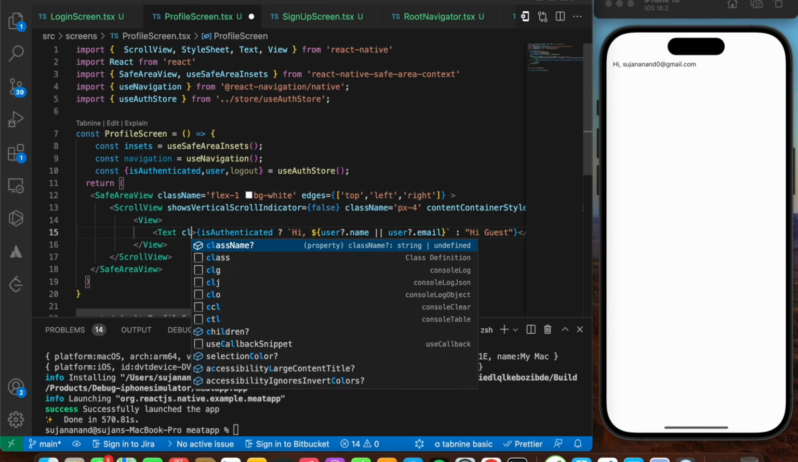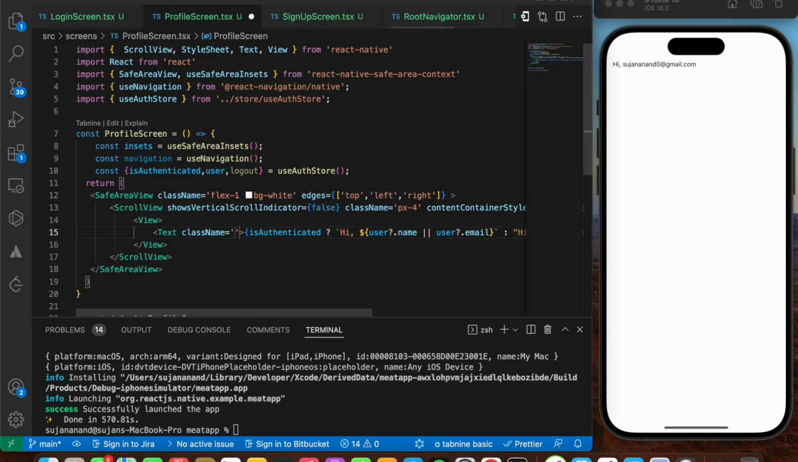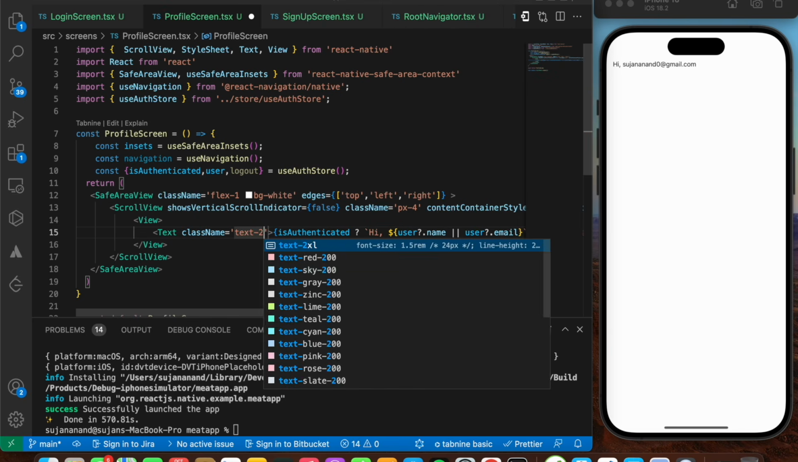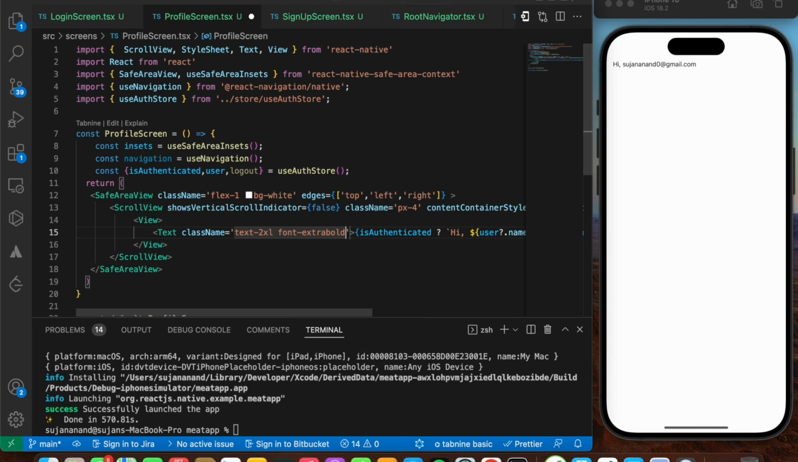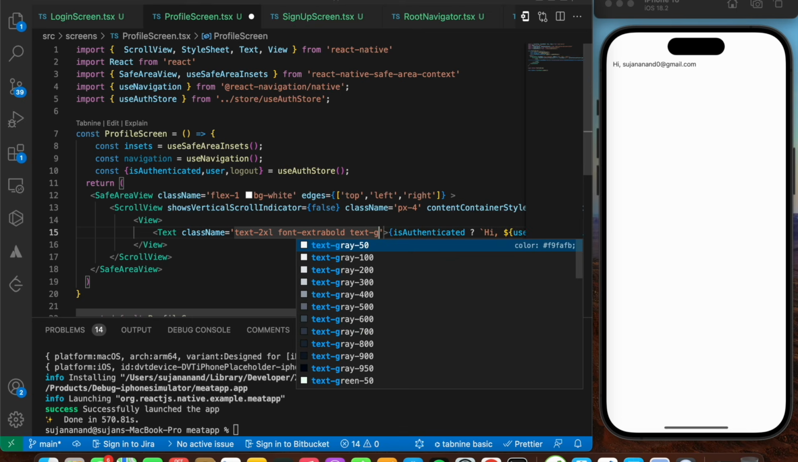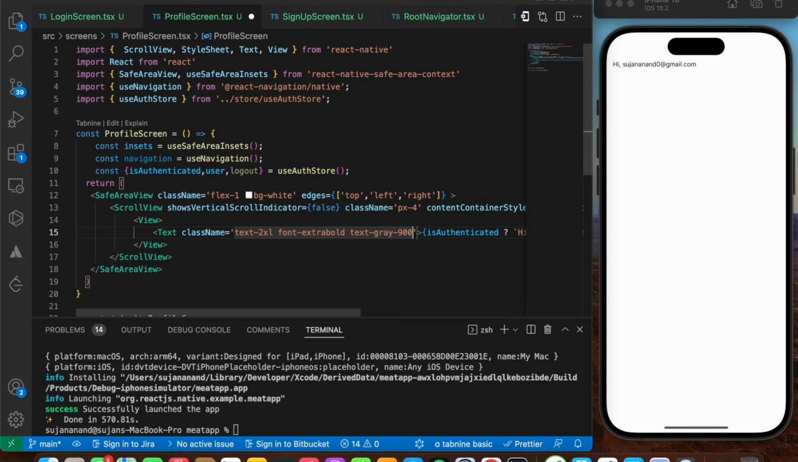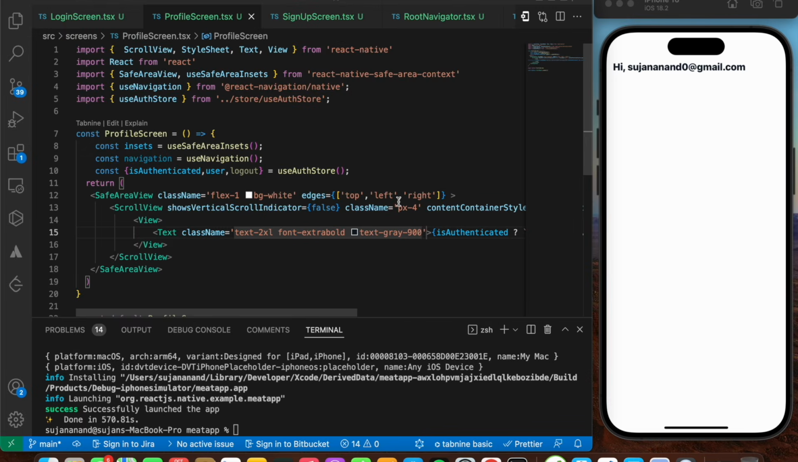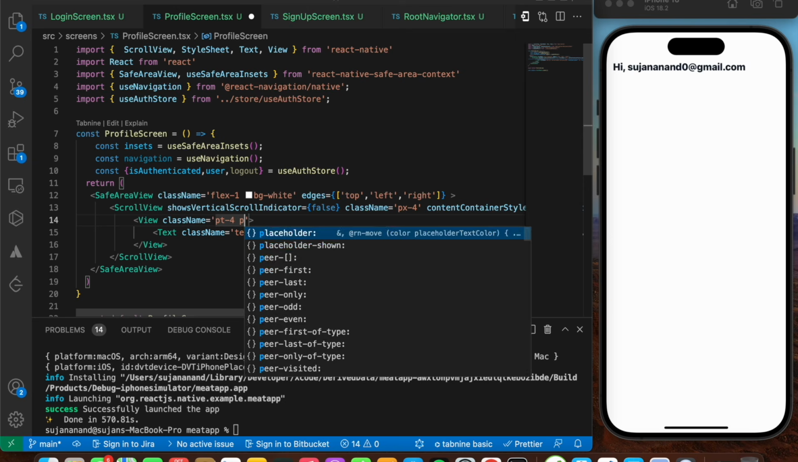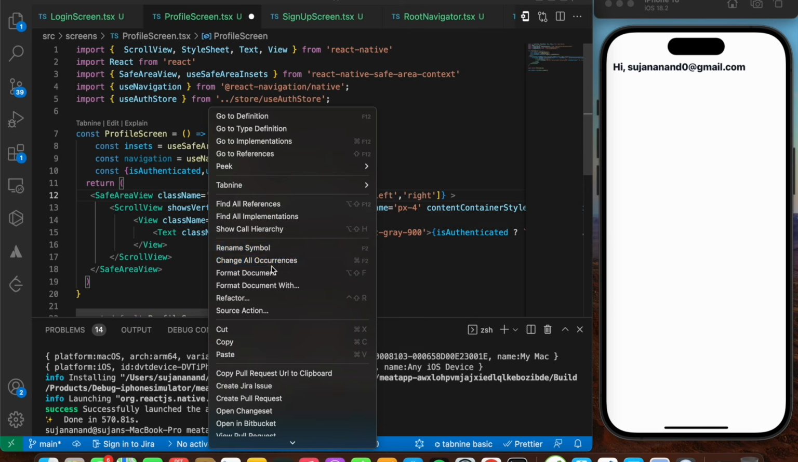Okay, so here I'm going to say className for this. This is going to have a text of 2XL, font is going to be extra bold and text gray of 900. And there you go. Just like that, that is looking pretty good. So now for the view, I'm going to give the styling. I'm going to say className over here, which in turn is going to say PT of 4 as well as a PB of 2. Format once